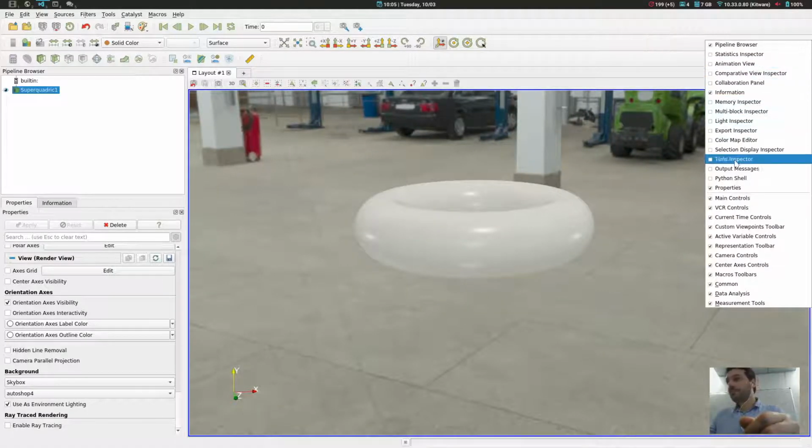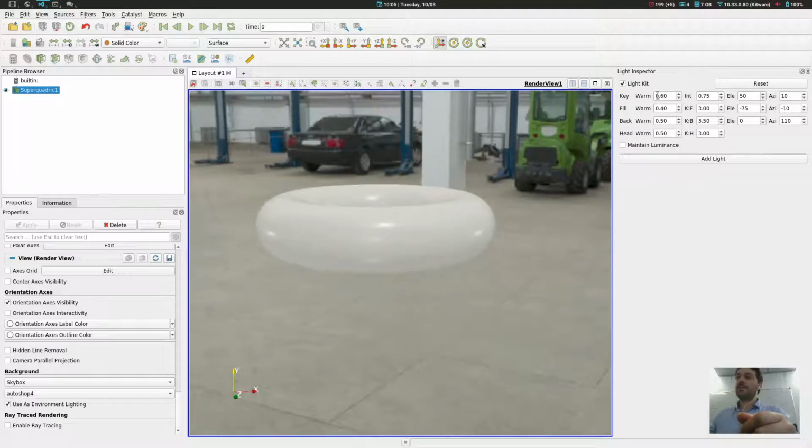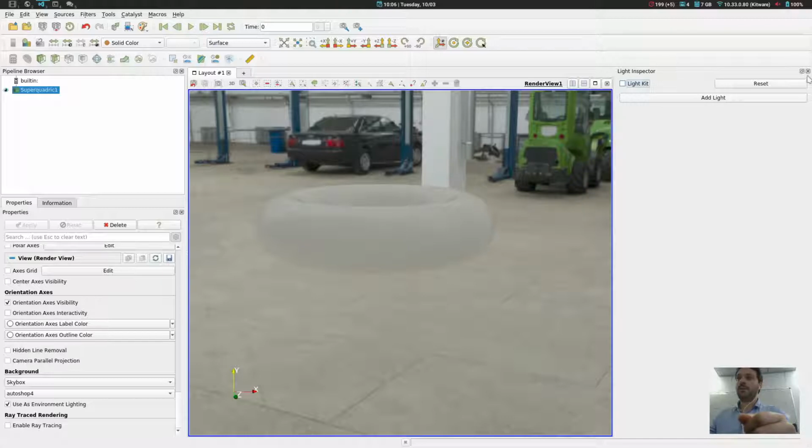You have the light inspector here. So by default, ParaView creates a light kit, which consists basically in 5 different lights. This is why you have 5 spots here. So when you use the background as a light, you can actually disable it to have a better rendering of the surface.